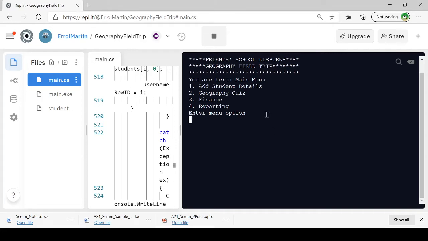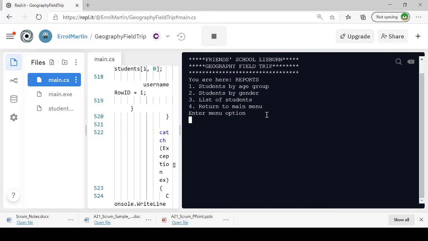This video is going to explain the reporting function within the application. Your controlled assessment will have a reporting requirement. In other words, you'll have to print out a couple of reports which provide some level of usefulness within the application. So if I press, just to show you how this runs in the geography field trip, if I press